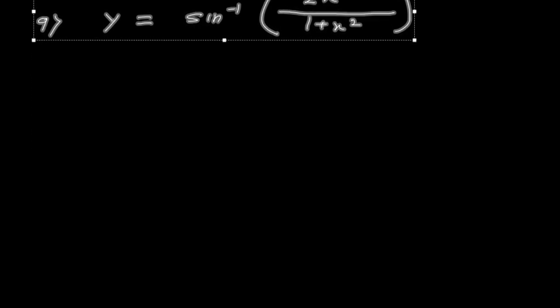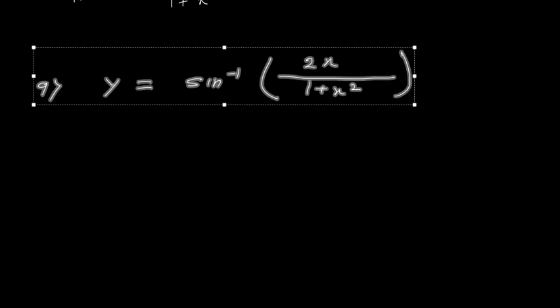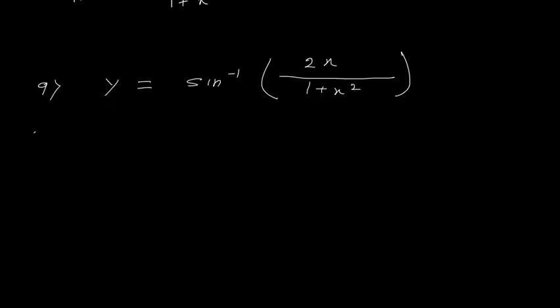Now here you can use the formula what you have discussed, but in that case the problem will become a bit complicated, right? So if there is any other method that should be employed. Now here this 2x upon 1 plus x square, if I am able to convert this in terms of some sine function, then sine inverse and sine will cancel and I will get some simple form. So for that you must remember different trigonometric formulas what you have done in your previous class.